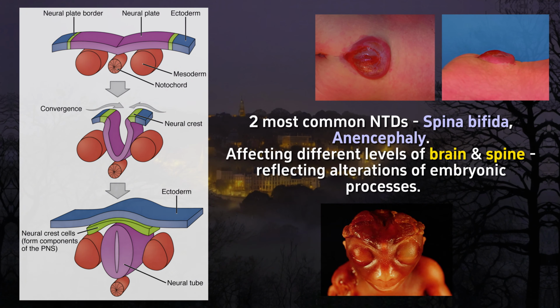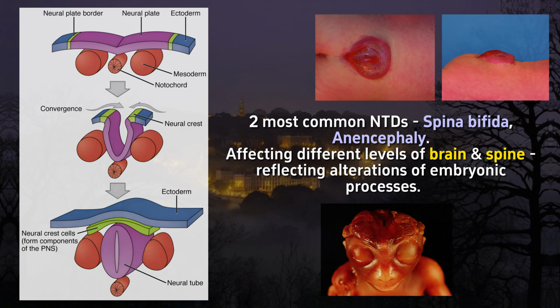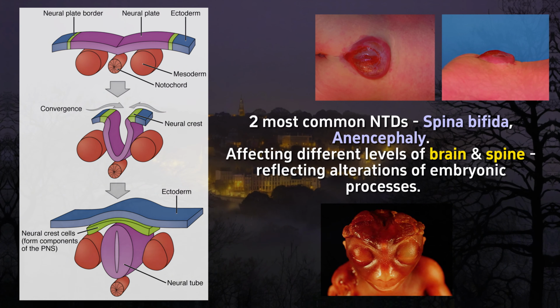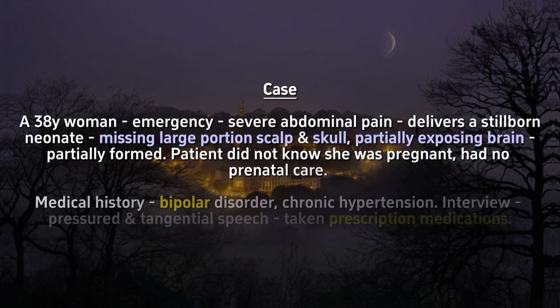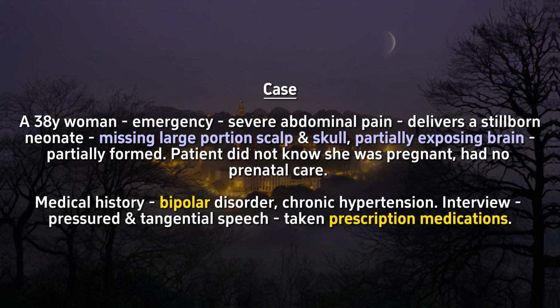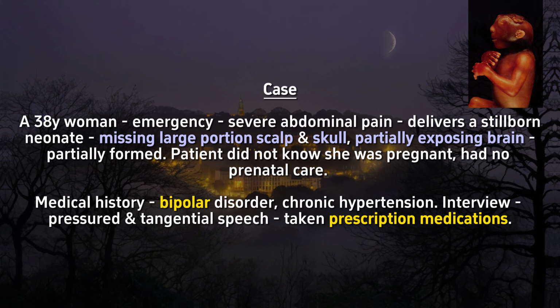The two most common types of neural tube defects are spina bifida and anencephaly. They are affecting different levels of the brain and spine, normally reflecting alterations of the embryonic processes that form these structures. A 38-year-old woman comes to the emergency department due to severe abdominal pain and delivers a stillborn neonate who